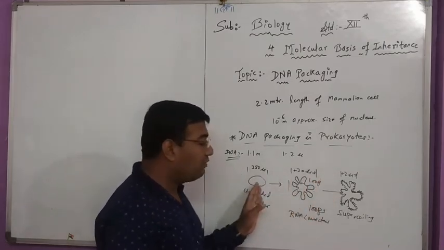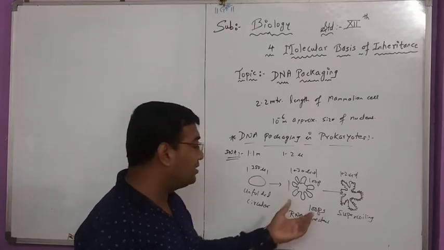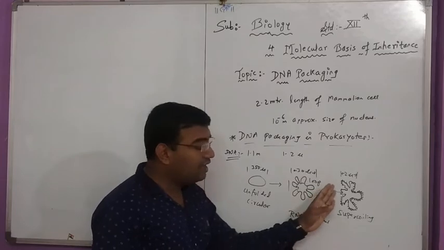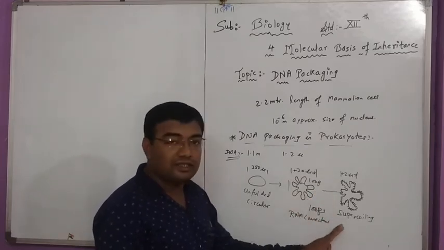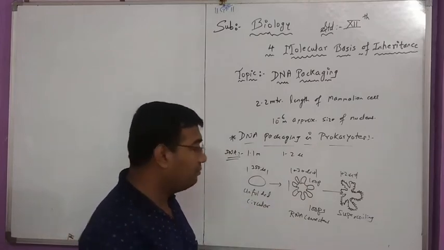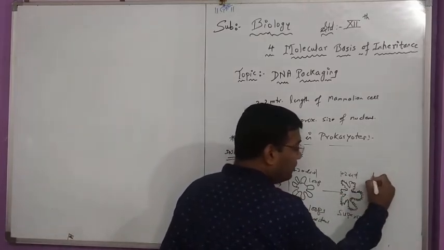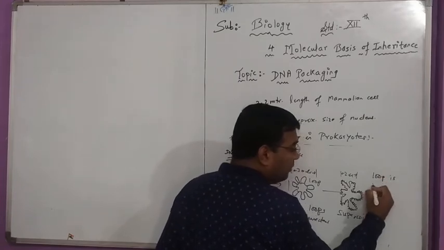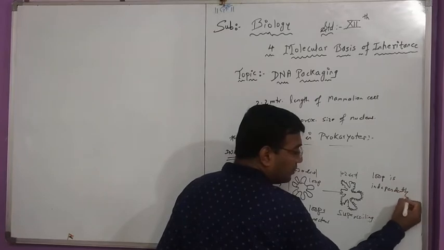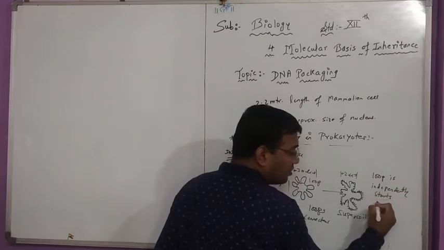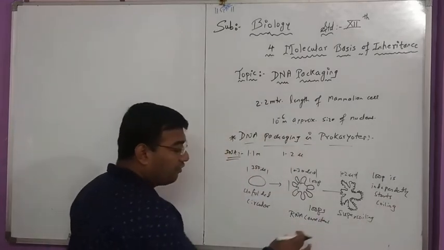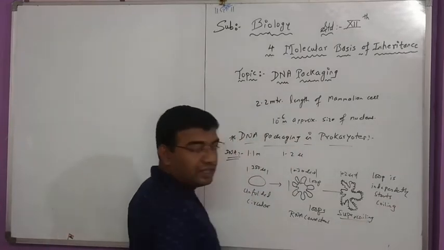And why is the size reduced? This has been assisted by RNA connectors, which pull the circular DNA from inside, and then it forms a supercoil. Supercoiling is a concept where the DNA starts independently coiling on itself, meaning each and every loop independently starts coiling. When it independently coils, it forms a supercoil and the size automatically gets reduced.